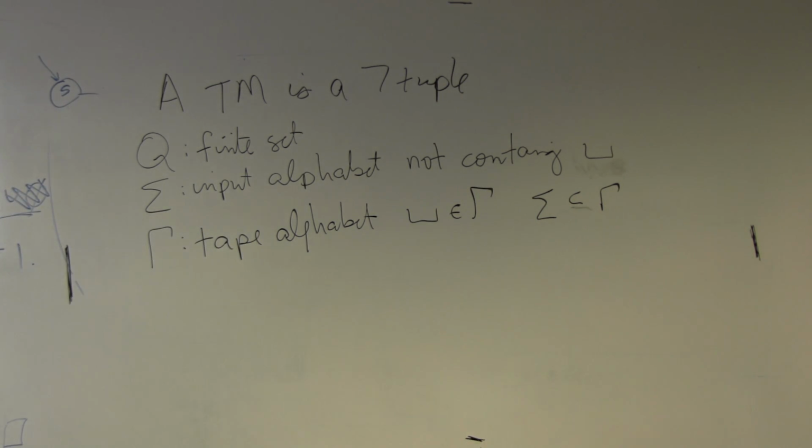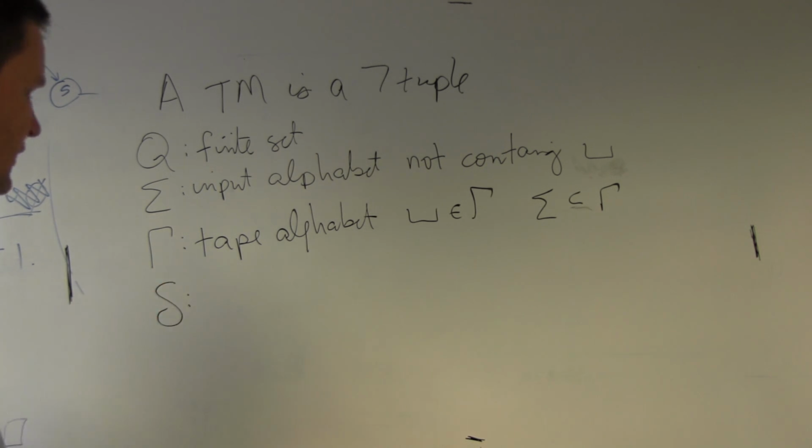Okay, when you're learning a new model of computation, there's 2 things you want to pay attention to. The first one is how do you make a transition. The second one is what does it mean to accept. Everything else is pretty vanilla between the different models. Except for with the Turing machine, there's a little bit of subtlety with sigma and gamma, but I don't think you're going to get blown away by that. So the transition